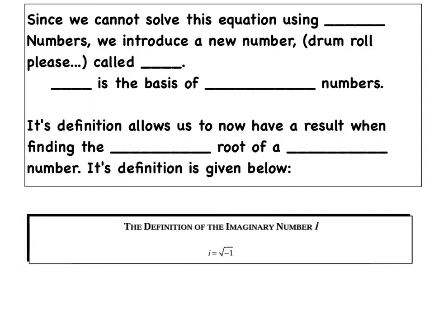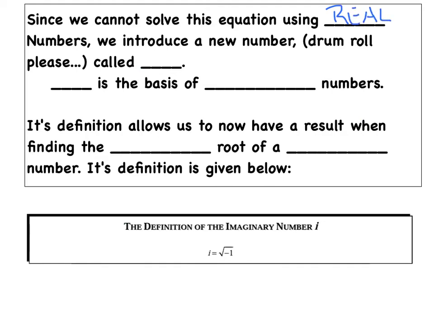So as mathematicians, we certainly have created quite the problem. We agree with the fact that the graph has no x-intercepts, and we've proven it both graphically and algebraically, but we'd still like to have an answer to that problem. We'd still like to have some kind of an answer when we're all said and done. And so here's what we're going to say. Since we cannot solve this equation using real numbers,